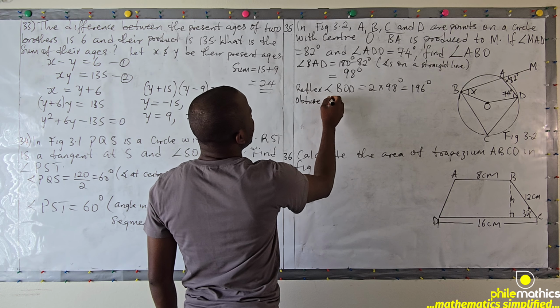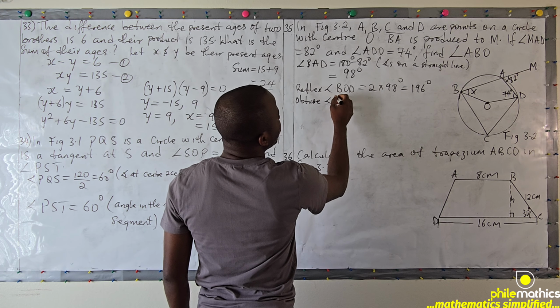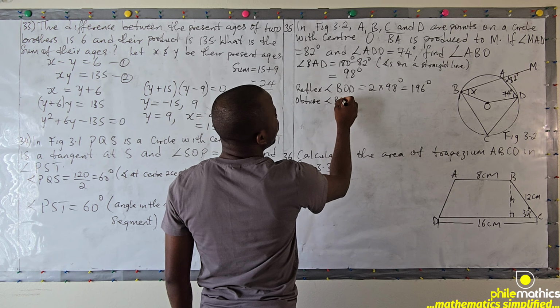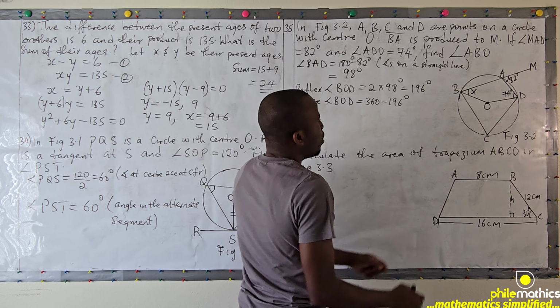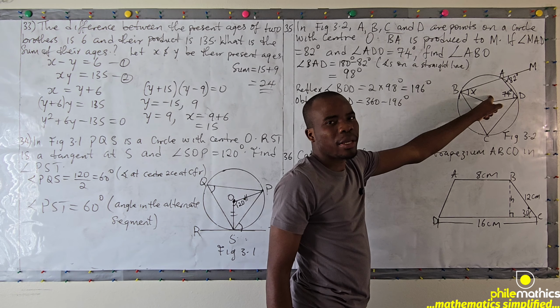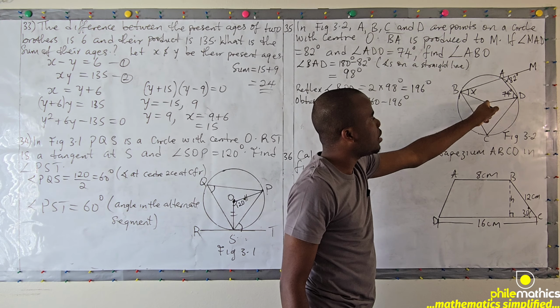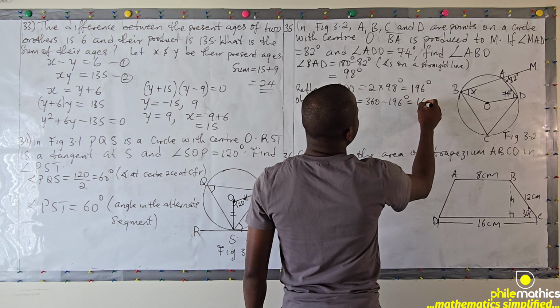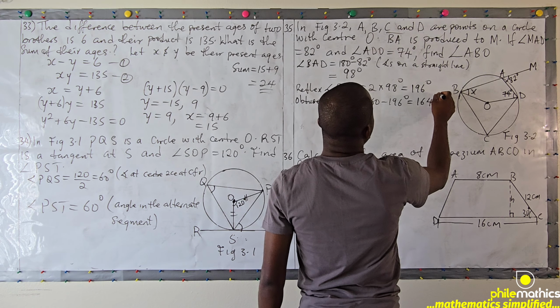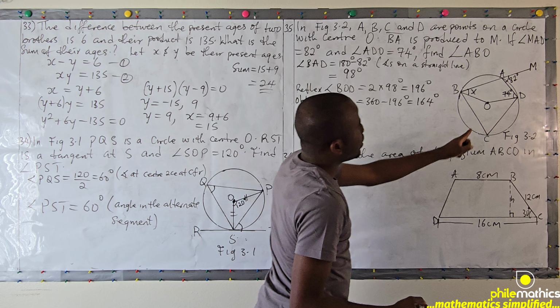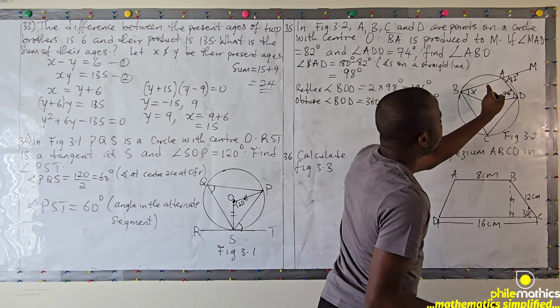Obtuse angle BOD is simply 360 minus 196, the fact that angle at a point is 360. So if I subtract this from 360, I should get this. And 360 minus 196 is 164 degrees. And since I know this, I know this, I know this, I can easily